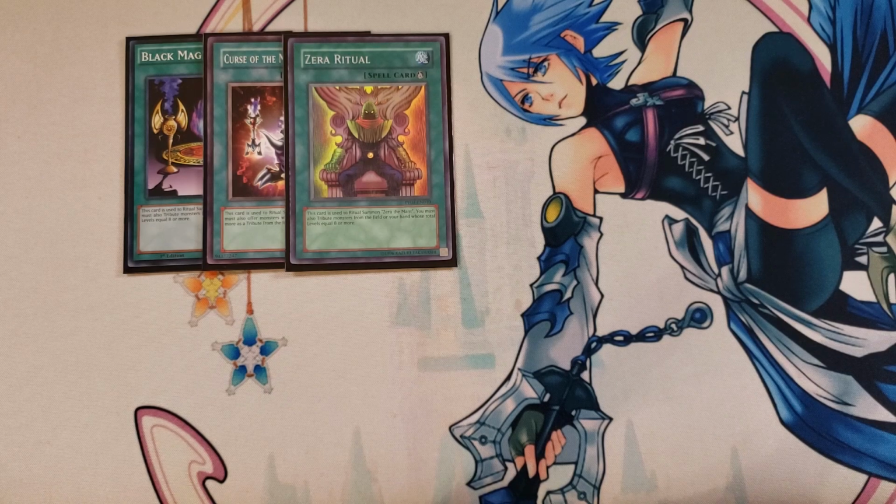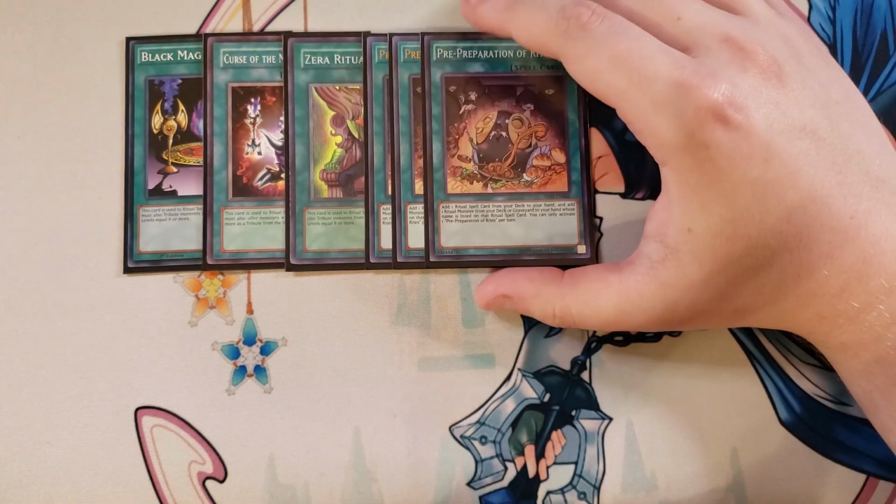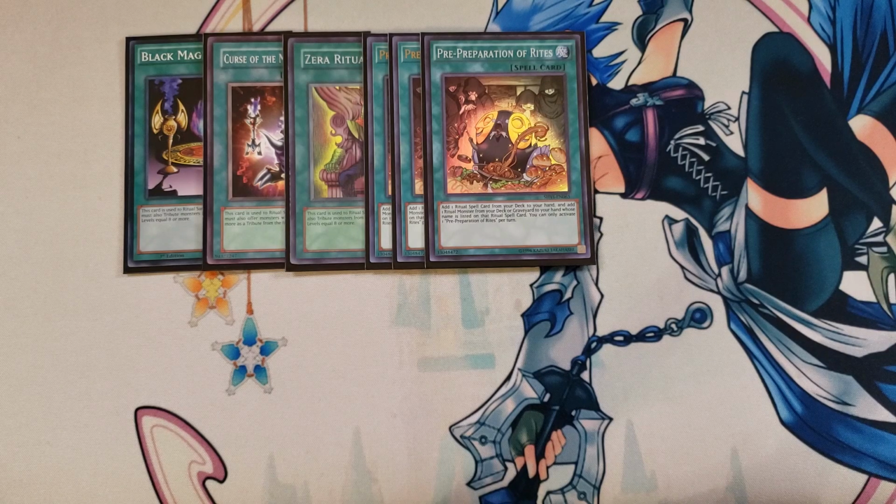We then play 3 copies of Pre-Preparation of Rites. Pre-Preparation of Rites is an incredible card that's going to get us a +1 because it has the ability that you get to add a ritual spell card from your deck to your hand, and then you can add a ritual monster from your deck or graveyard to your hand whose name is listed on the ritual spell, which is